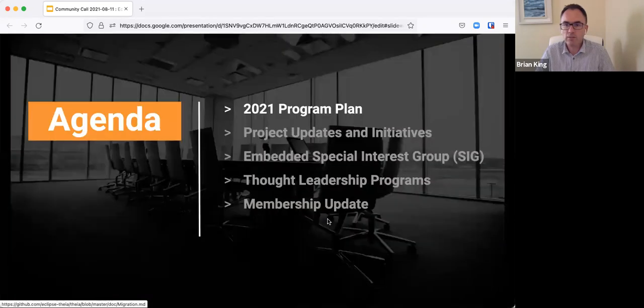This is the agenda for today. I'm going to be handing over to Tim DeBoer, the chair of the steering committee, to say a few words about the program plan and about his experiences in the working group recently. And as I said, we'll be doing the project updates. We'll be talking a little bit about an exciting new initiative, the Embedded Special Interest Group, which is making great progress.